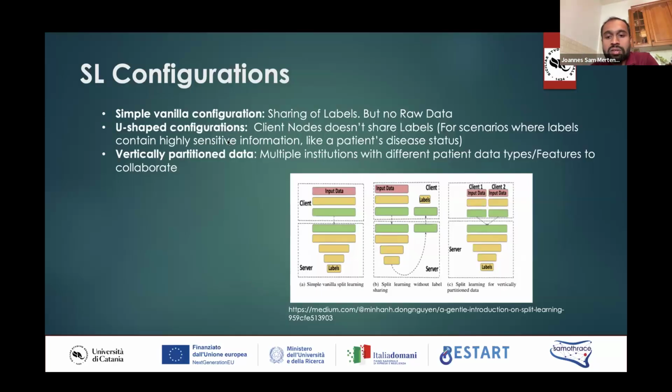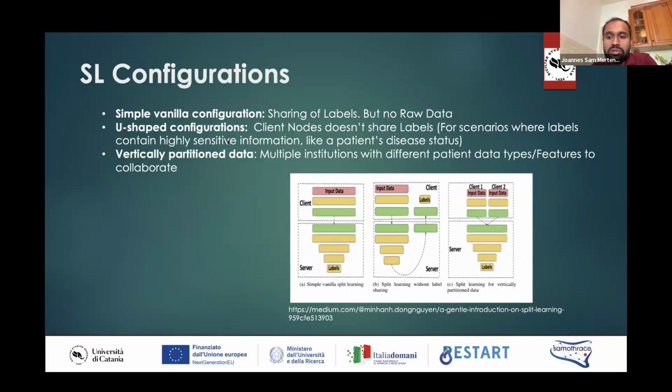But you also have the second configuration, that is the U-shaped configuration, in which even the labels do not leave the client. Okay, so it's very much secured. And then you also have this vertically partitioned data. So that is when you have